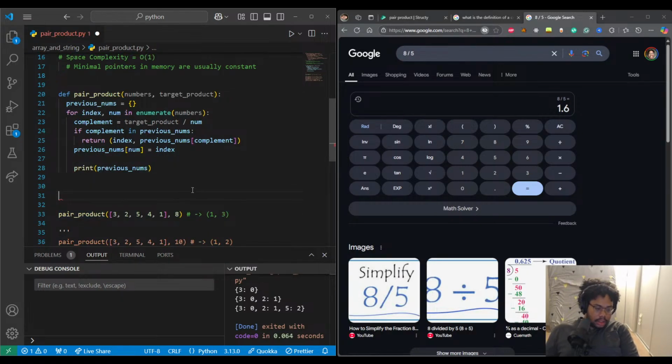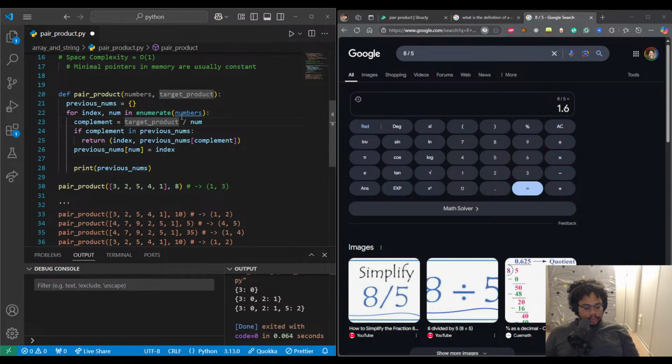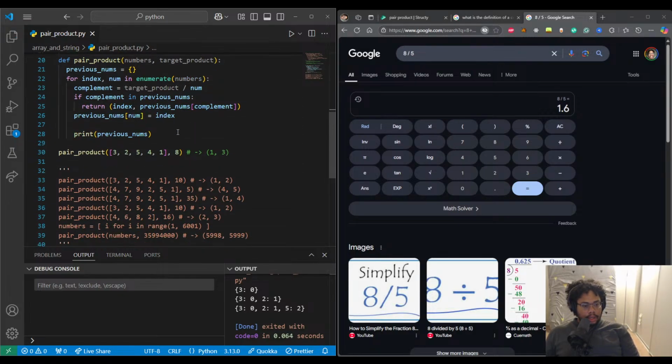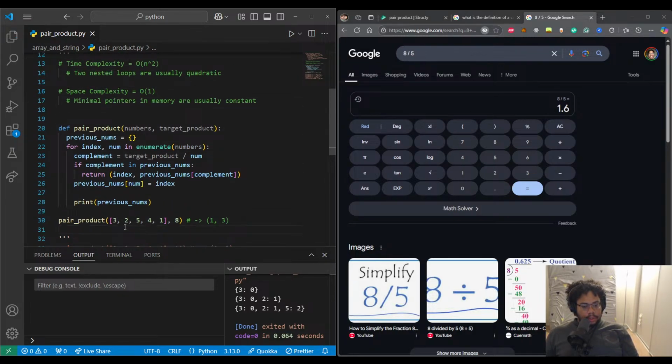All right, so yeah, the value of 3 at index 0, the value of 2 at index 1,